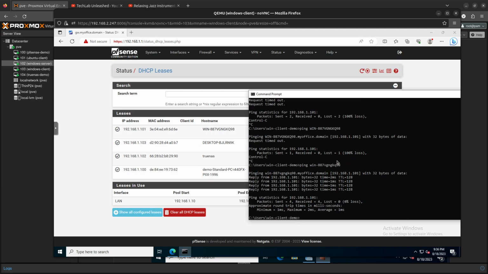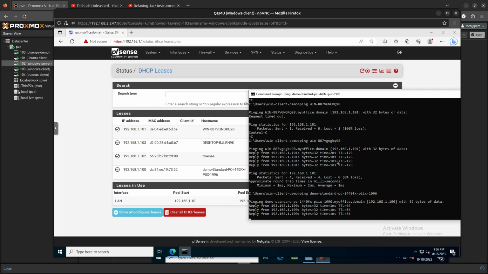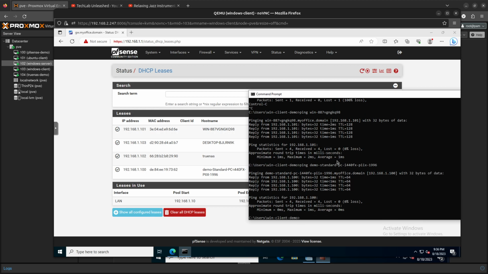So that's perfect. And then really, if we really want to do semantics, we're going to ping demo standard PCI 440FX-PIIX-1996, and then this one also responds. So the DNS server on our pfSense is mapping everything correctly. So far everything responds and works as it should, and we have just finished setting up our pfSense